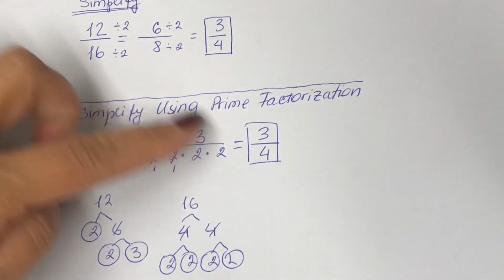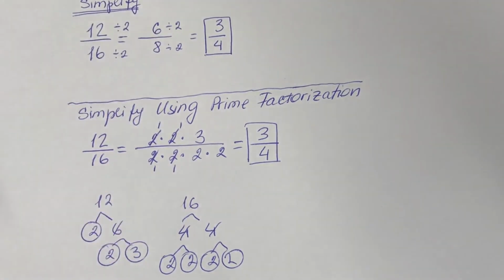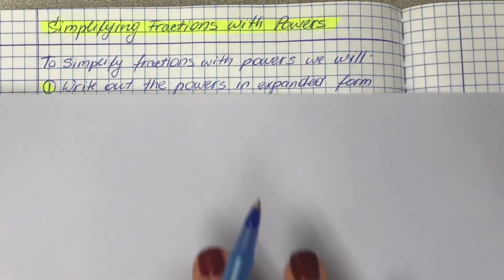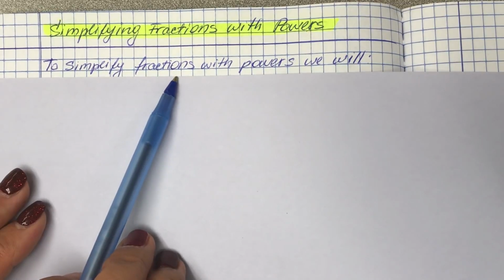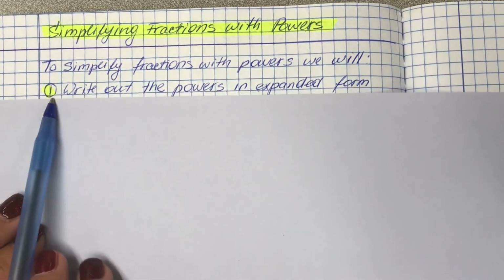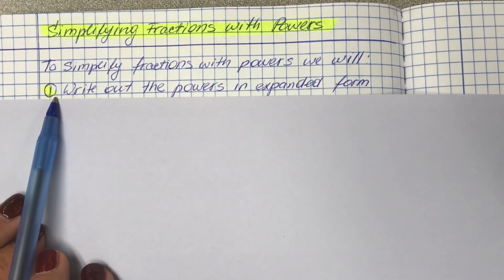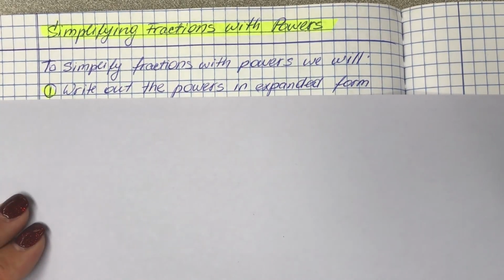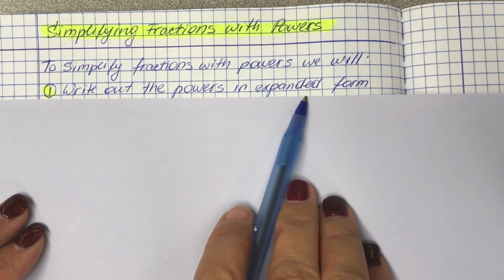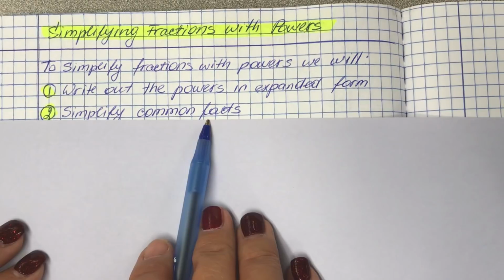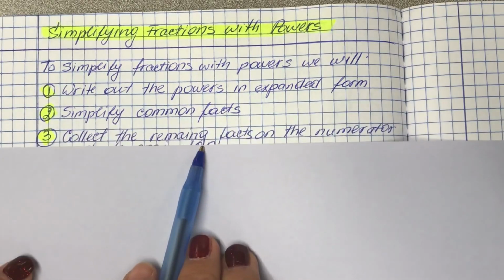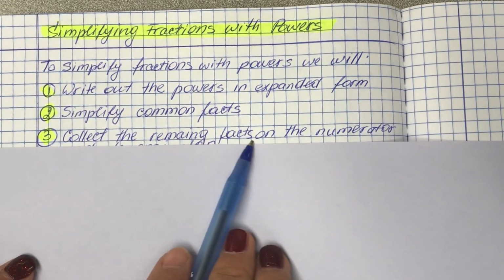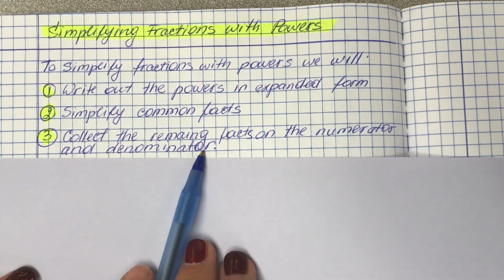So we're going to use something similar to prime factorization when it comes to powers, because we can expand our powers, and we will simplify fractions with powers in 3 steps. So first step, write out the powers as expanded form. So we are going to expand the exponent, or write out the powers in expanded form. We will simplify the common factors, like I was showing using the prime factorization. Common factors we will simplify,